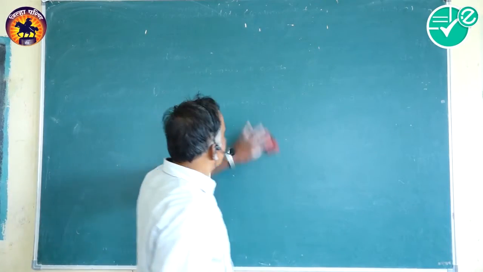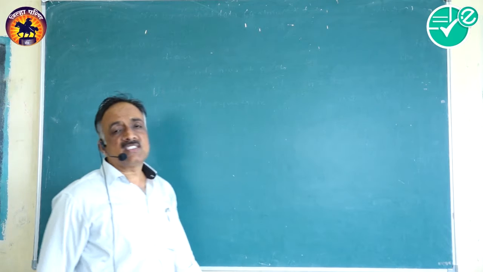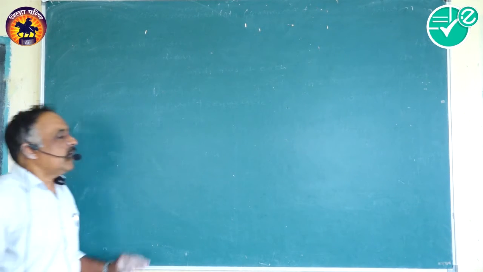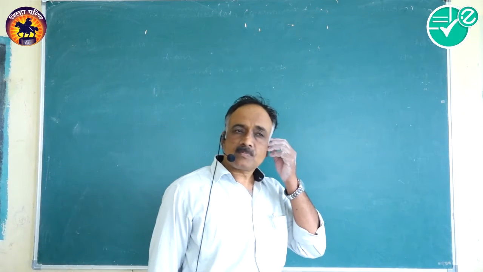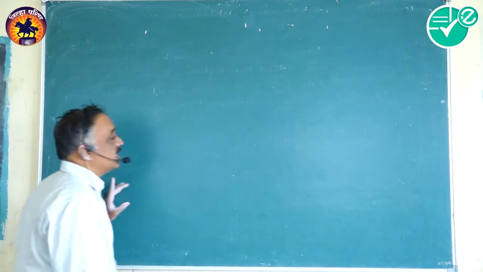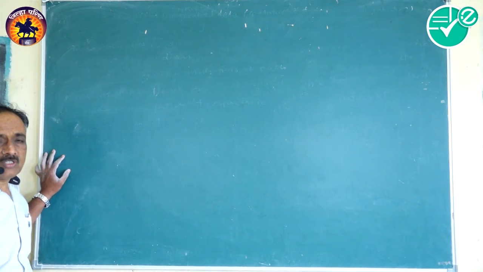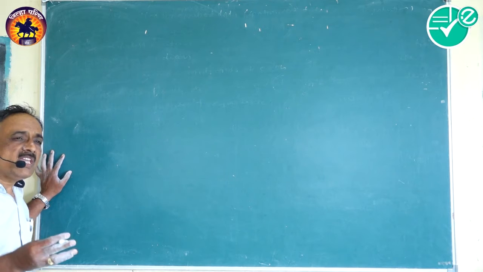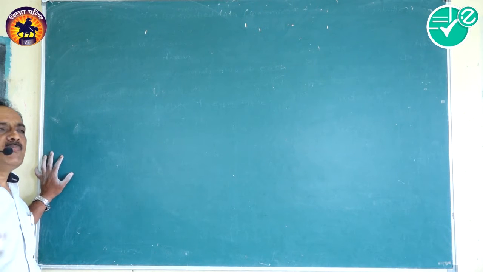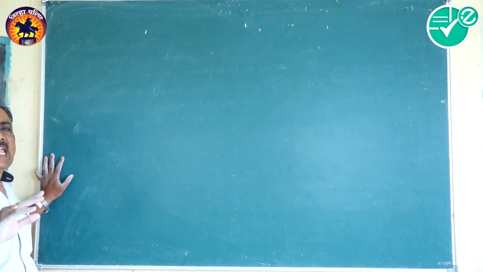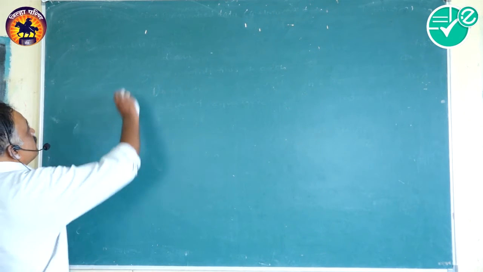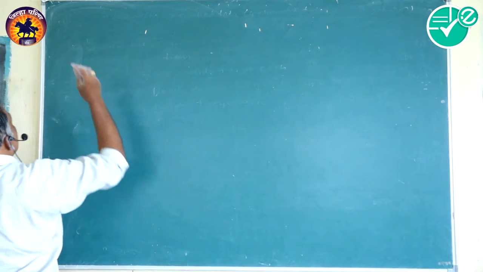So before I start, before you go to the standard deviation, very first you will have to consider what is the variance and what is the standard deviation. But of course, you must remember that in the last section we studied the mean deviation about the mean and about the median. But mean deviation can be obtained about any measure of central tendency. Let's consider the next, and that is the variance.